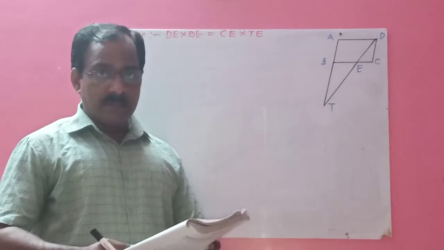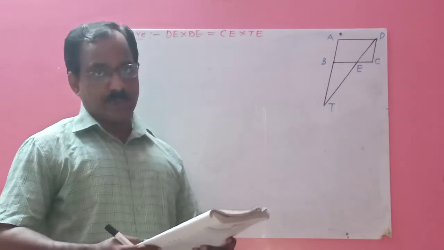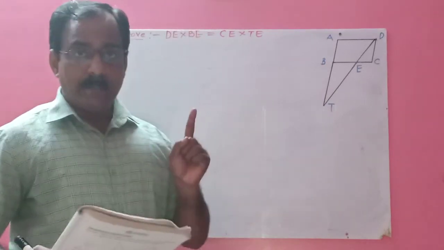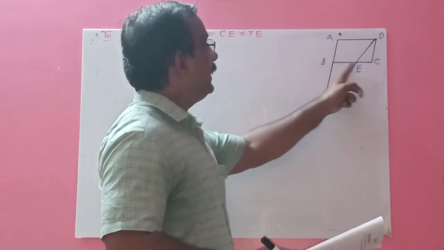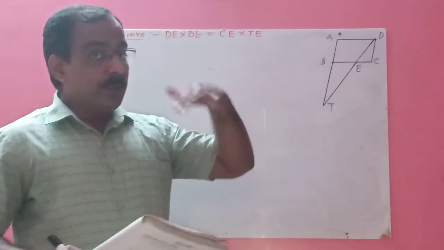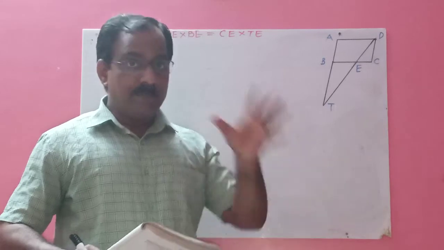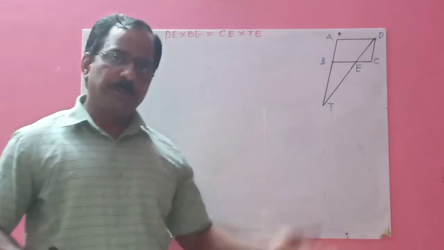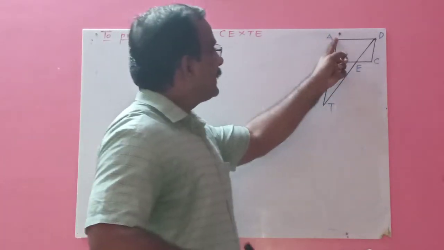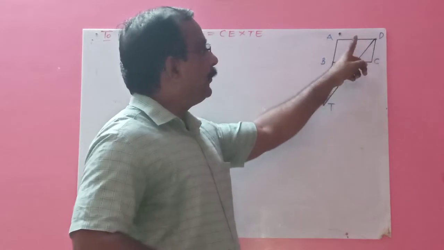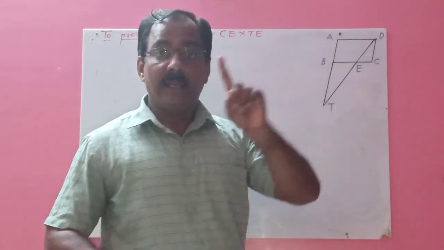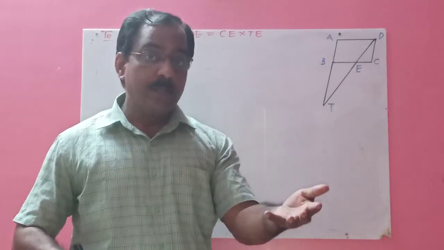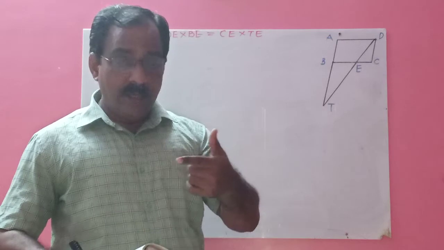Okay. So I am solving the next part of the chapter on the exercise, that is question number 7. Just see on page number 22 what is given. Quadrilateral ABCD is a parallelogram. You should recall the properties of a parallelogram. If a parallelogram, rectangle, square or trapezium is given, on the spot you should recall the properties. ABCD is a parallelogram. It means opposite sides are parallel as well as equal. They have given only a parallelogram, but with the help of that, what did you get? Opposite sides are parallel and equal.